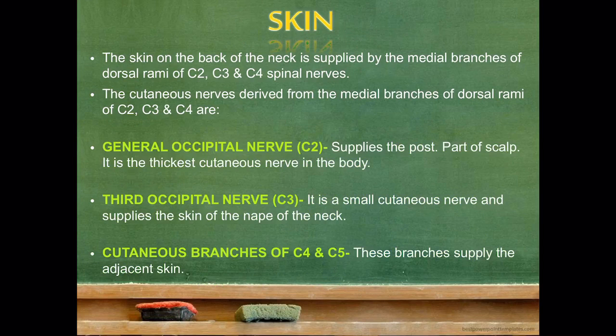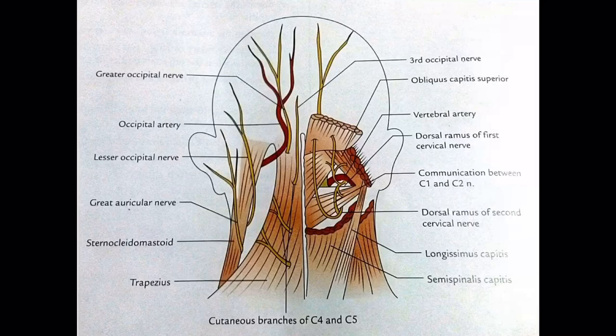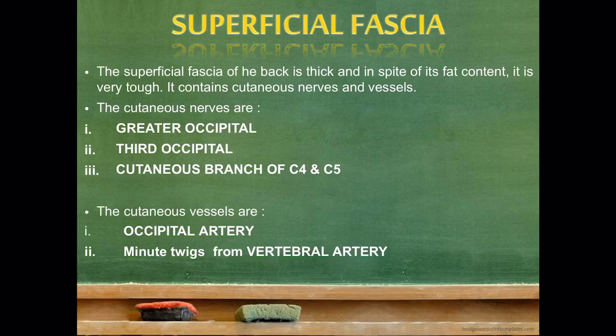Skin. The skin on the back of the neck is continuous with the rest of the body, and the cutaneous nerves which supply that skin are the medial branches of the dorsal rami of C2, C3, and C4. You can see that this is the great